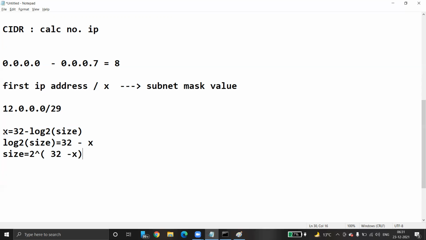For this, we have a simple formula: x equals 32 minus log 2 of size. Log 2 of size equals 32 minus x, right? This is a very simple formula. And size equals 2 to the power of 32 minus x. Now, what is the size? Size you want to calculate: 2 to the power of